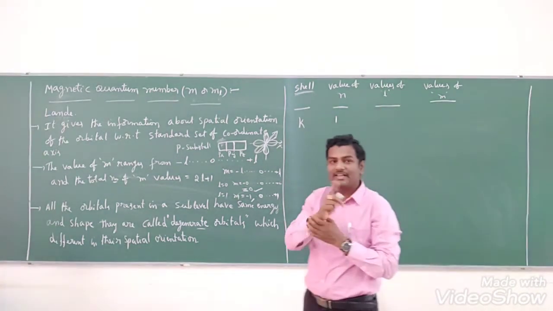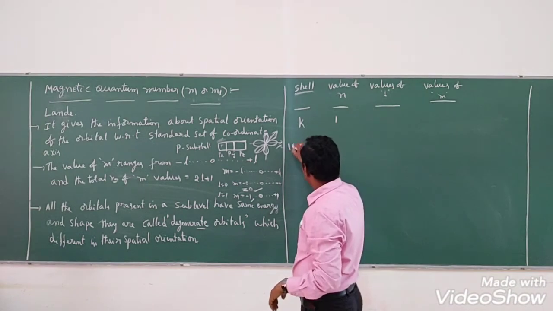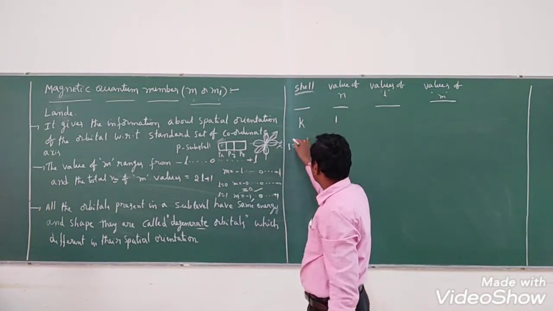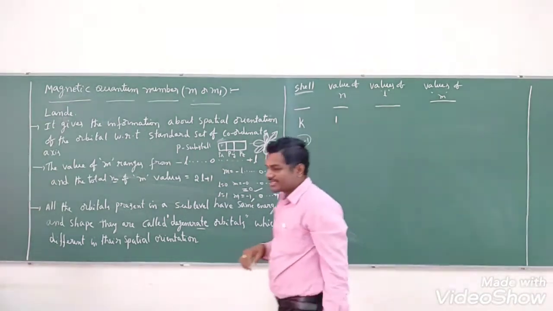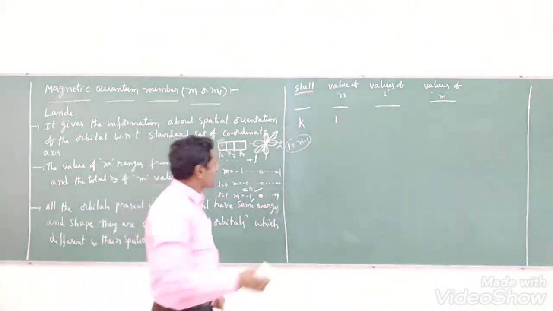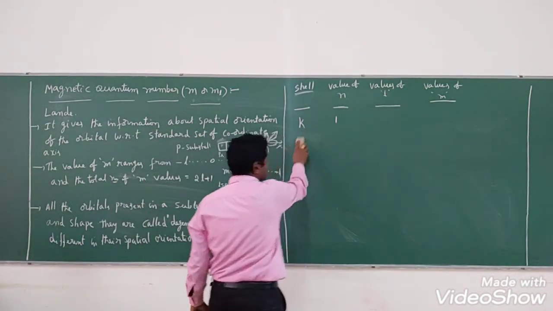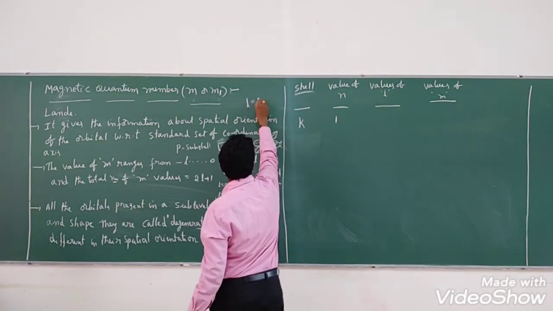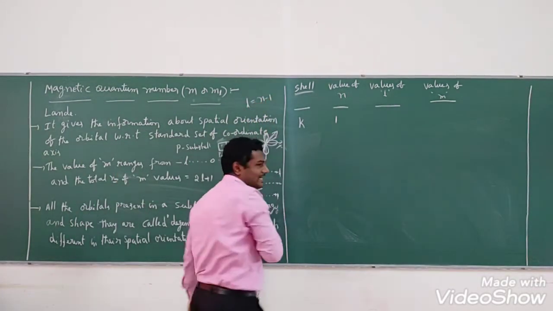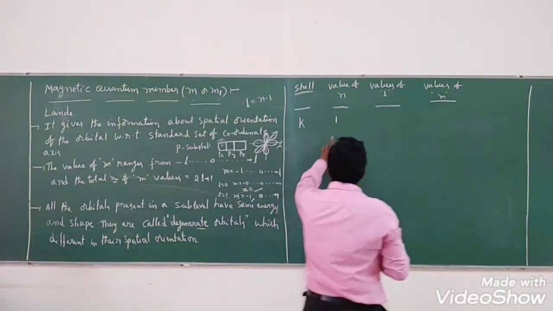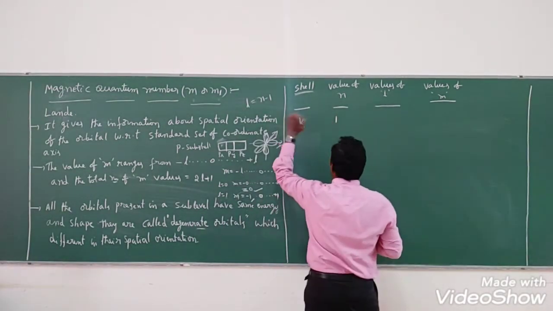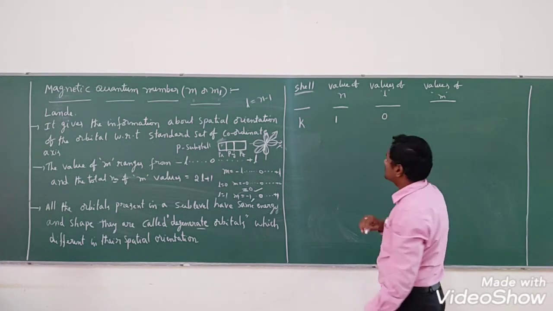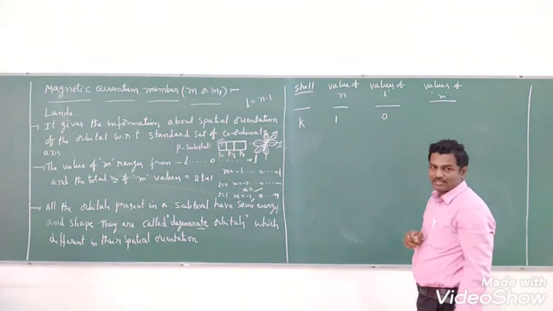What is the relationship between n and l? l equals maximum n minus 1 only. This is the formula we already discussed in the case of azimuthal quantum number, in the previous video, right? The maximum l value for a given n is l equals n minus 1, as we discussed. So here, in place of n, substitute 1, and l equals 0 you will get, students, right?